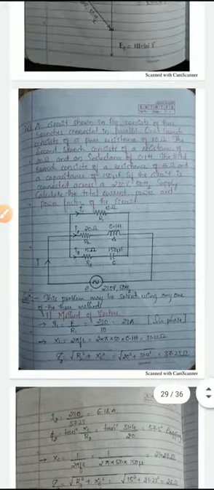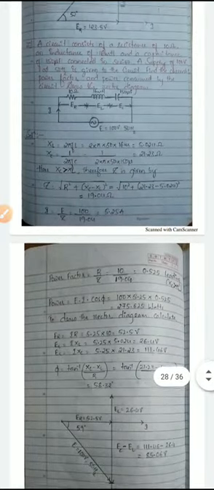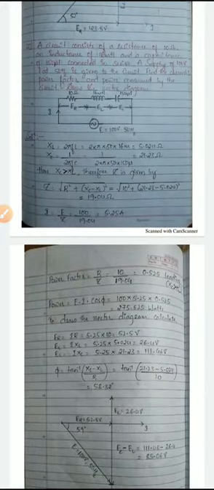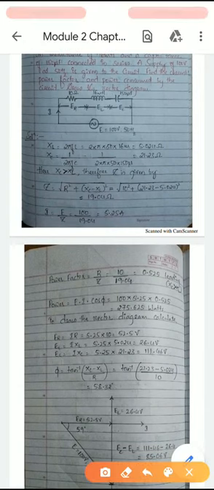That is, Z is equal to under root of R square plus XC minus XL square. Substitute all the values, then we will get Z is equal to 19.04. We know the total voltage and we know the total impedance, then we can calculate the value of I is equal to E by Z, 100 divided by 19.04. Then we will get current as 5.25 amperes.